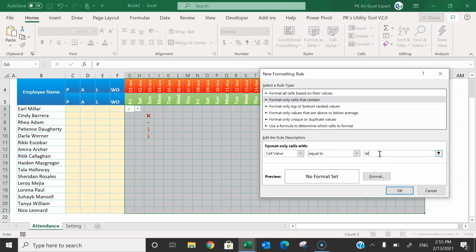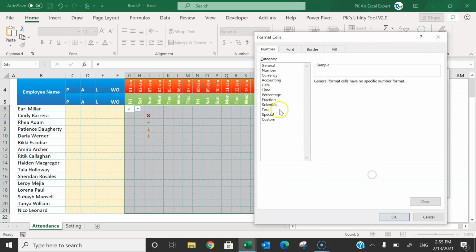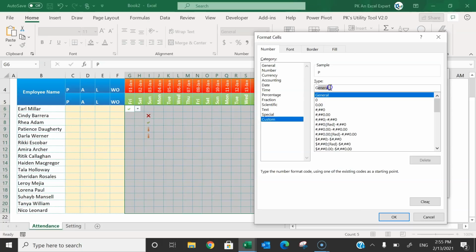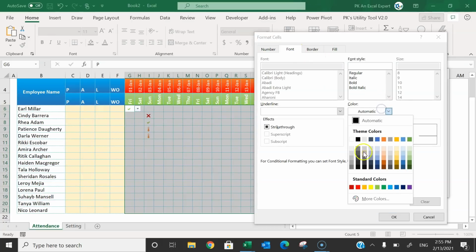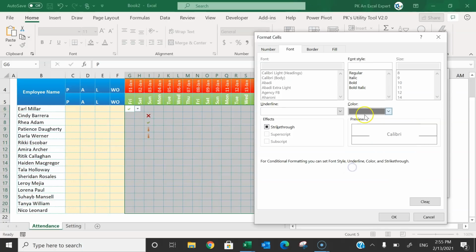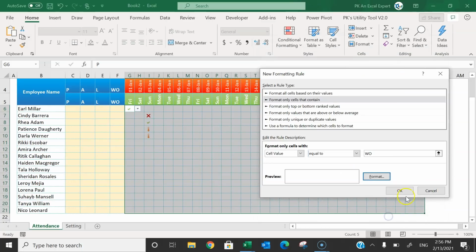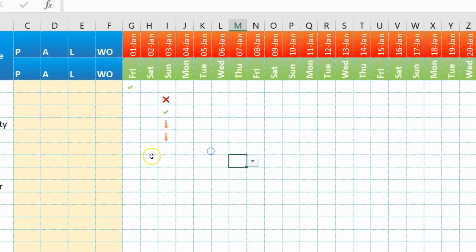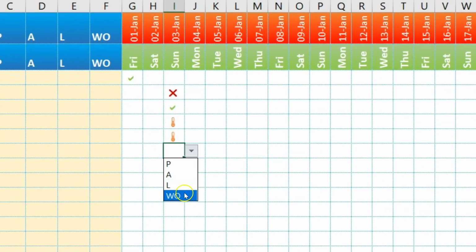This time put week off, WO. Format. In Number format we will put here 3 semicolons 1 2 3 and then paste this text. Go to the Font and for week off, let's say we take this dark gray color, this one. Okay, okay. If I mark week off here, you can see it will display this sign.